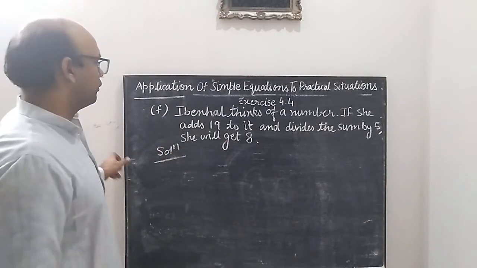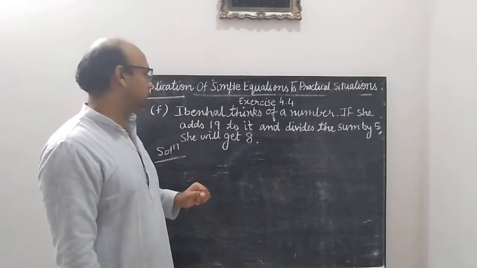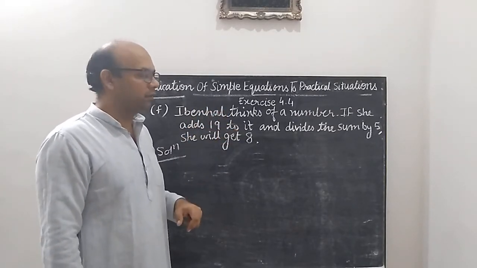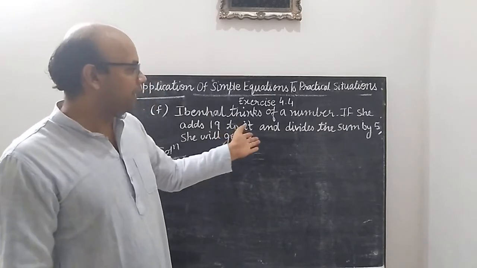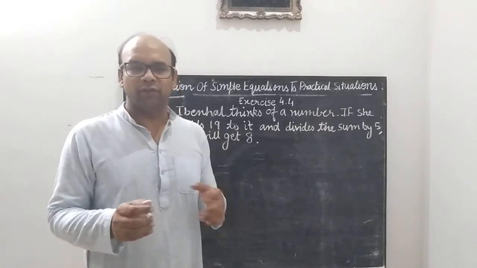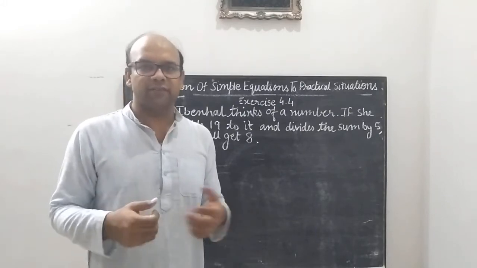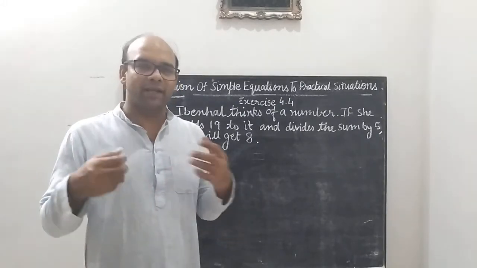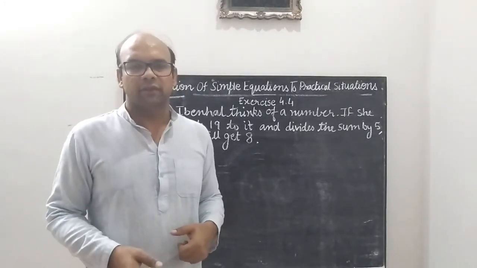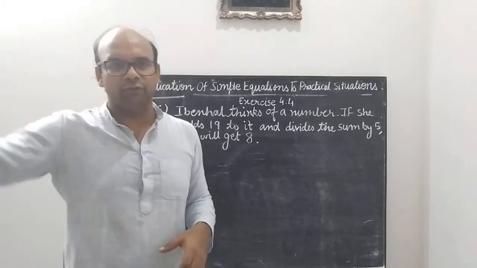So what is being given over here is, there is a girl, Ebbinghaus, she thinks of a number, and then she adds 19 to it and divides the sum by 5. This is what you can do when you actually want to learn the equations. You can frame the questions as you please. Think of a number, multiply it by 2, subtract 5 from it, and then divide the result by say 3.